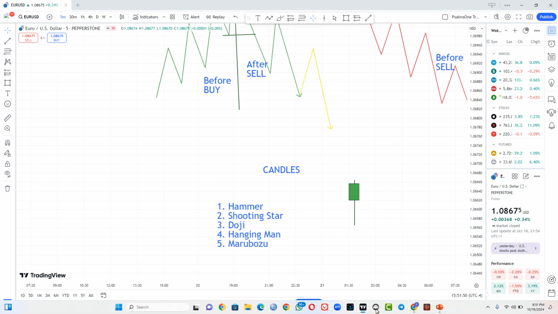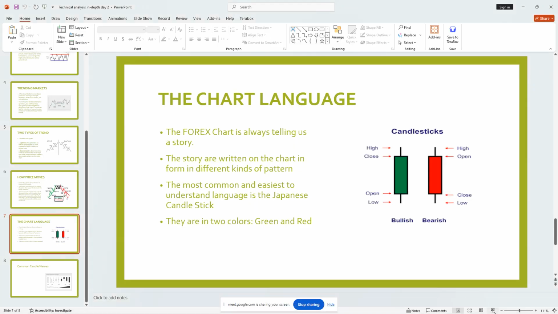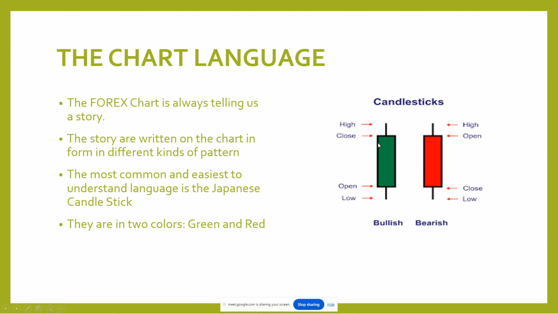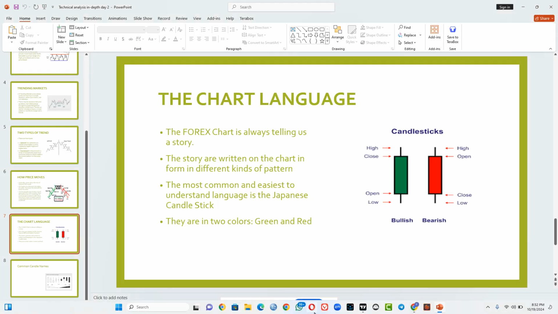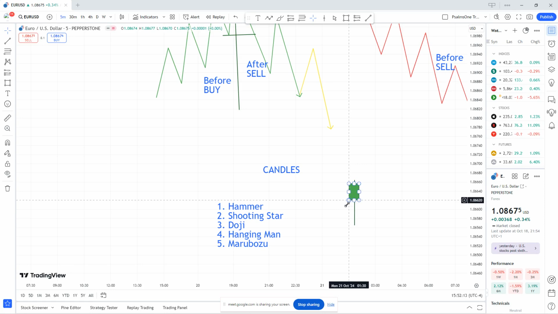If you remember, according to the last class, we said that for green candles the open will be below and the close will be above, because a green candle is up, is bullish, and for a red candle the open will be above and the close will be below. So for the hammer, it means that when the price opened at this lower part, because it actually closed up here, when it opened,